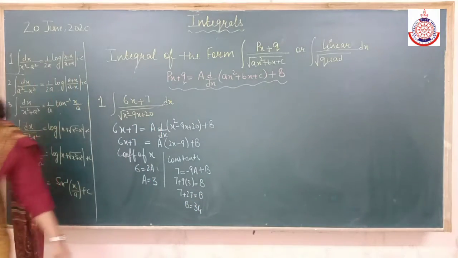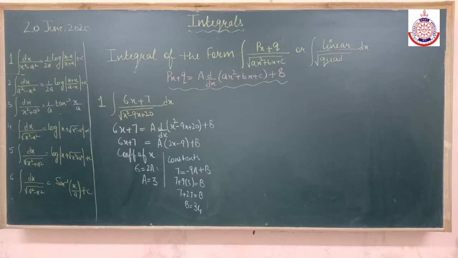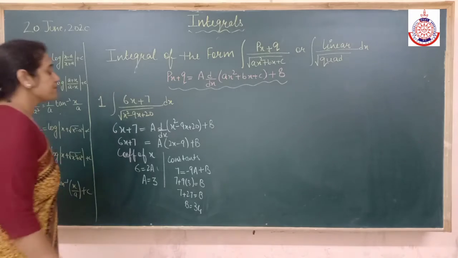So b has come 34. The value of a we have 3 and the value of b we have 34. Is it clear? Alright. Now that means